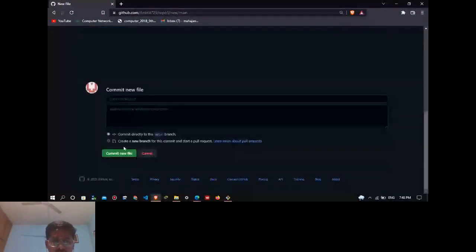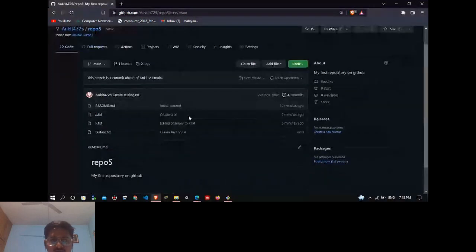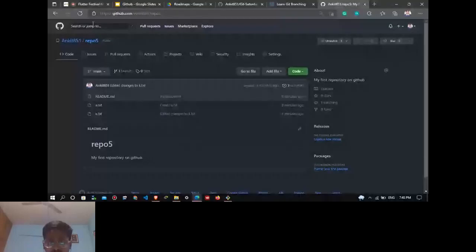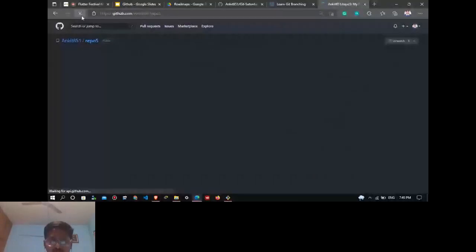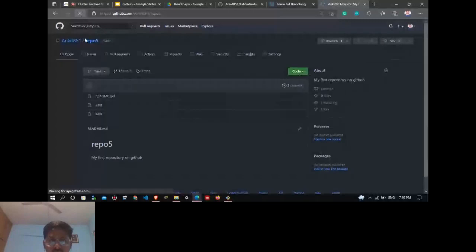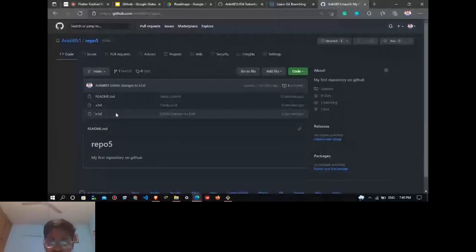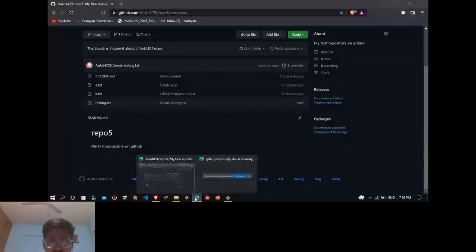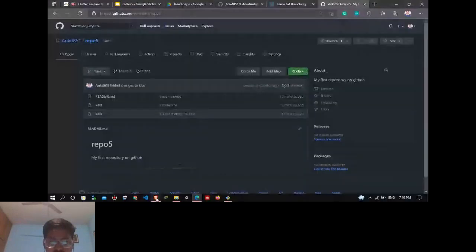Now click on this. So now you can see a new file has been created by the name of testing.txt. But now if I open up this A user's account and click on this refresh button, that new file is not being shown here by the name of testing.txt. So now if you want this testing.txt to be reflected into this A user's account, for that you need